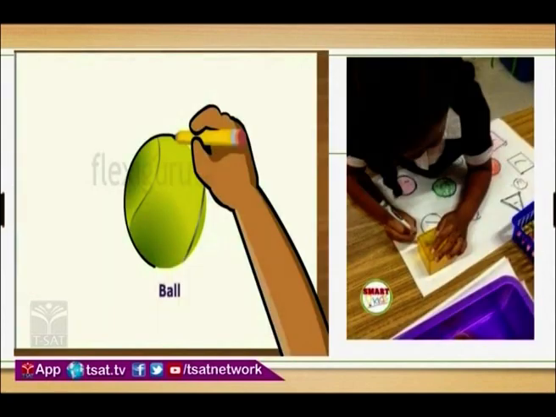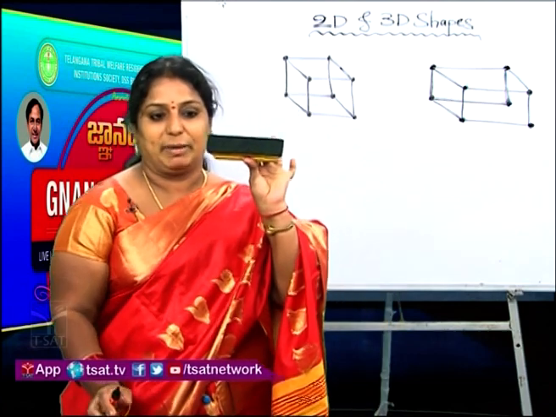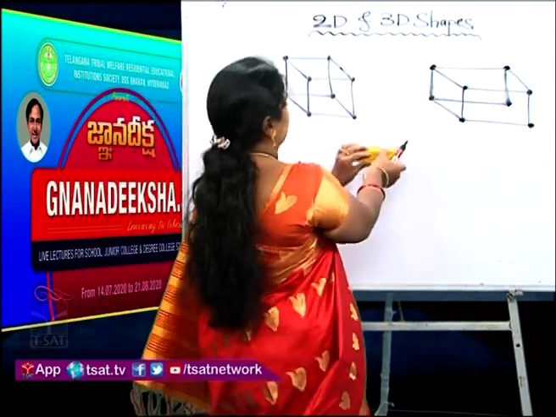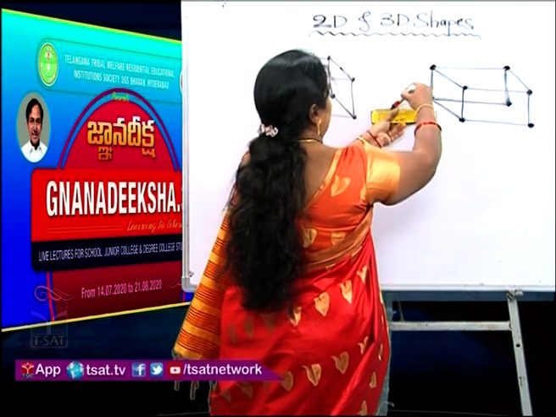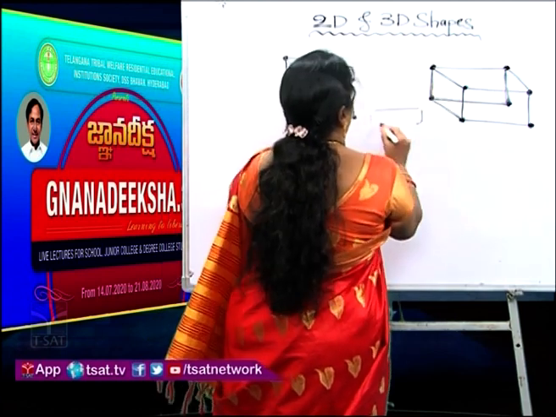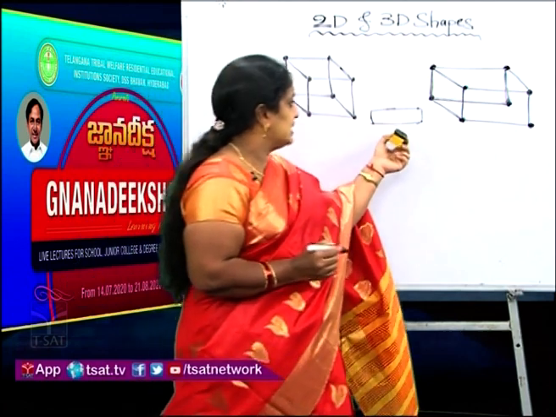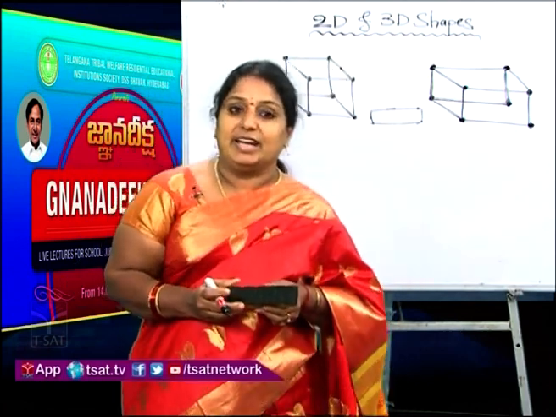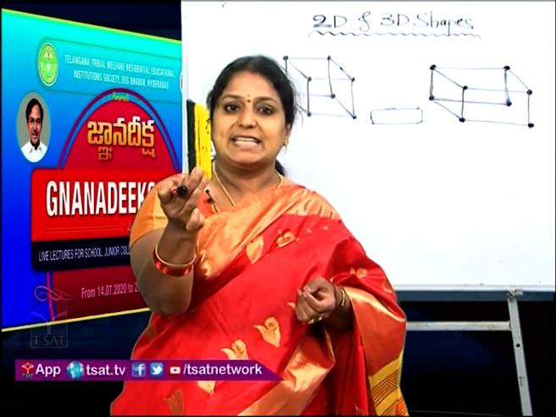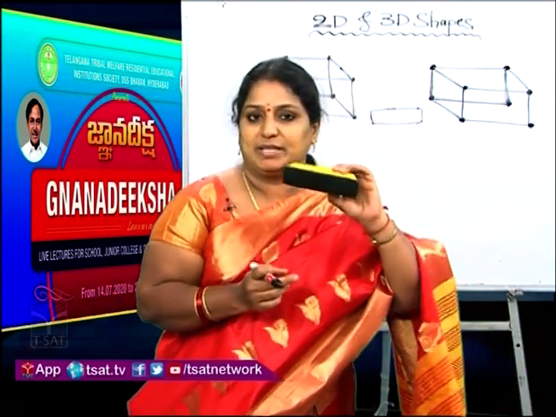Now you see the next slide. Both the children are tracing the objects, a ball and a box. What I mean to say is, whenever we trace any object on a piece of paper, we are going to get a shape. Let me show you. For example, I am taking this duster which I am holding in my hand, and I am tracing this duster on the board. When I trace this duster on the board, I get a small rectangular shape. It is an object, but when I trace it on the board, I get a small piece of rectangle shape.